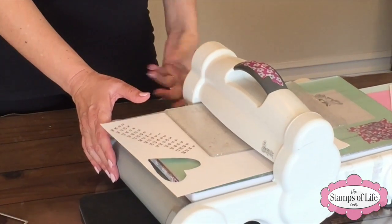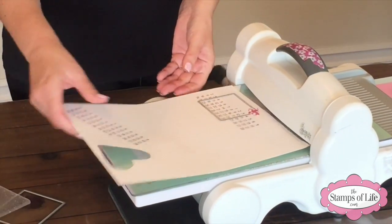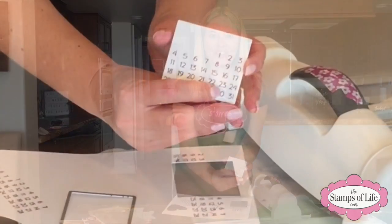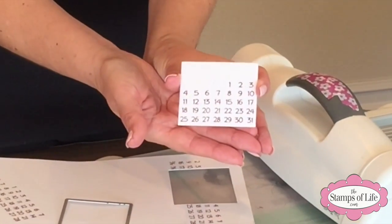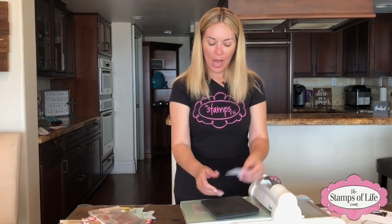And we'll run it back. That's an easy die and it's already cut it. It's easier just to run it back. Now what we have is we have our calendar cut out. Isn't that fantastic? Now what I'm gonna do is I'm going to stamp, get my secret weapon, I'm going to